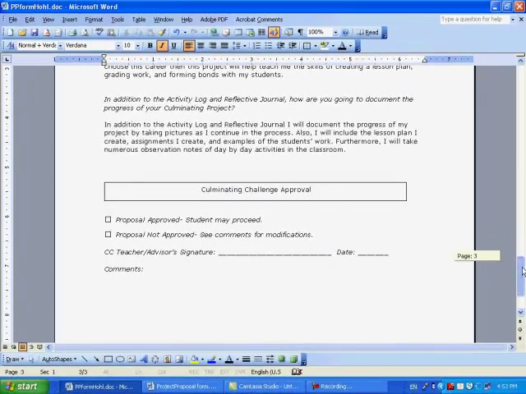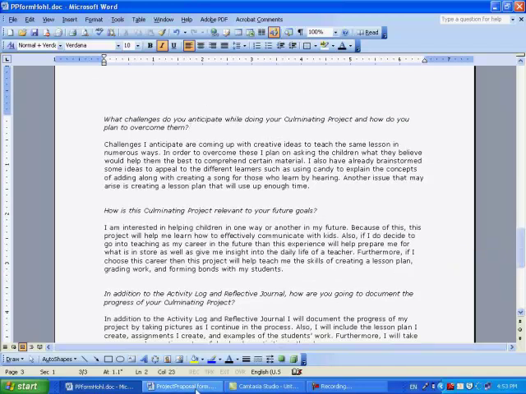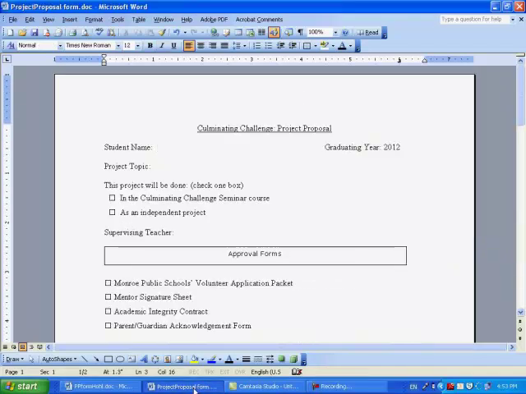Now let's take a look at a blank form. Here's a blank project proposal form. Again, how the form looks is just as important as the content. So here you're going to type in your student name. And if the graduation year wraps around down the next line, make sure you pull it back. Project topic area, whatever you are doing here. Okay. These boxes will be checked, and then your supervising teacher